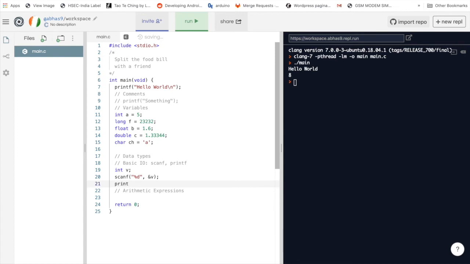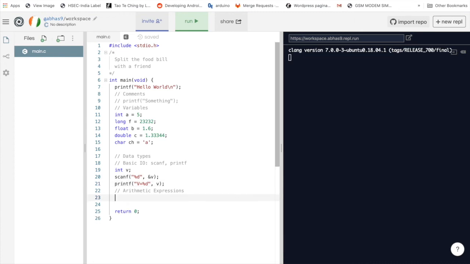The way you can display a variable is using a similar syntax. Here we are telling the compiler that the value which we want to print is an integer, and then we are passing the variable. Notice that in scanf we were passing the address of the variable, whereas in case of printf we are passing the actual variable. Let's try running this much of code. So now I need to enter some value as an input, and the value is displayed as an output.